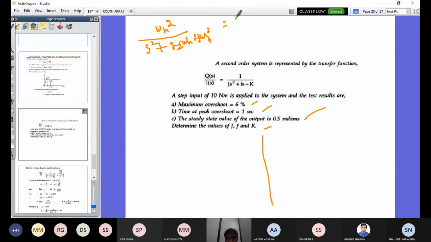Okay, this is the standard second order system transfer function. But here you can see j s square is there, so this is the best example. That's what I have inserted in the slide. Most of these problems I have taken from IIT materials. Please listen carefully. These problems are easy, but you must understand that, otherwise the entire problem will go wrong. While taking the characteristic equation or second order system transfer function, the denominator should be in the form s square plus 2 zeta omega n s plus omega n square.